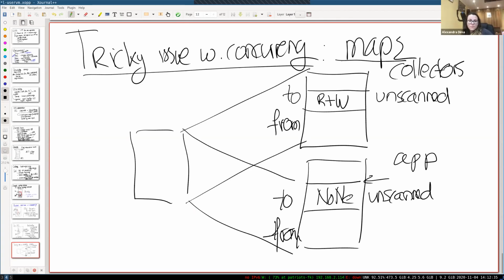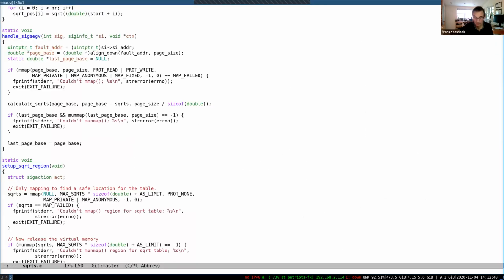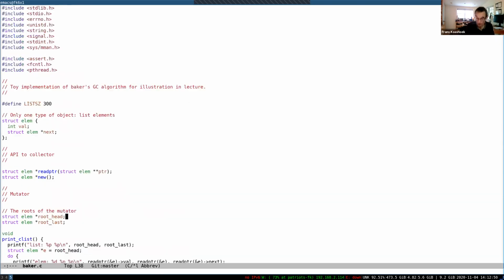Okay, to make this a little bit more clear, since there were so many questions about it, I have a trivial implementation of the basic idea that was described in the paper, just to make it more concrete. Let me walk through this, and feel free to jump in. This is a toy implementation of what is described in the paper, and I'm sure it has bugs. I haven't really tested it seriously, but it's mostly there to illustrate,